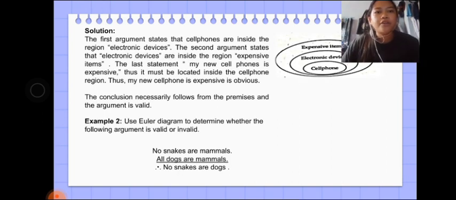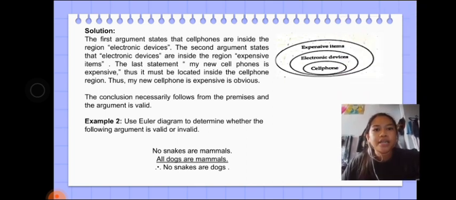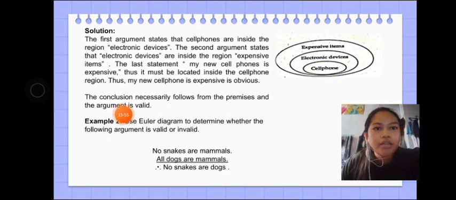The first premise states that the cell phones are inside the region of electronic devices. And then the second premise states that electronic devices